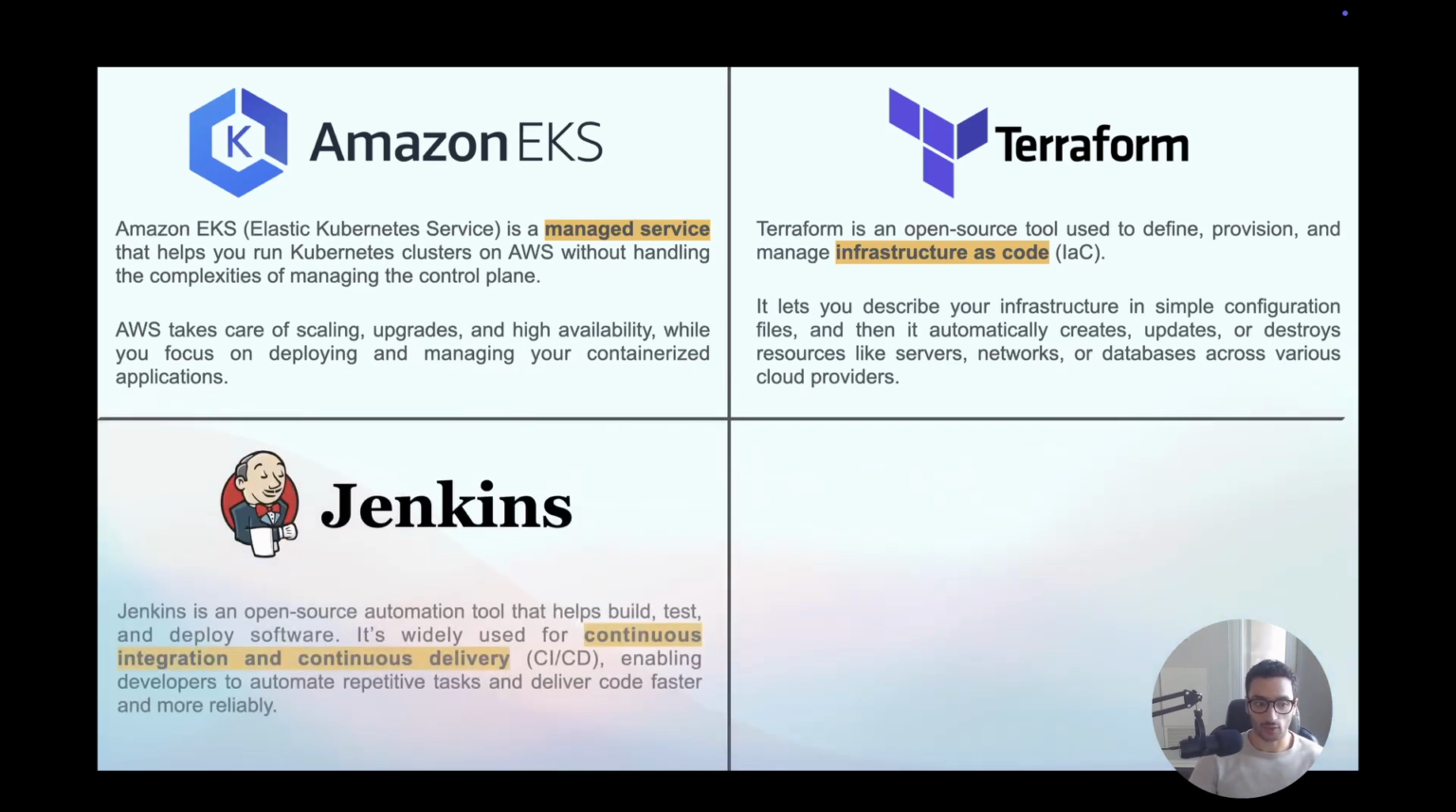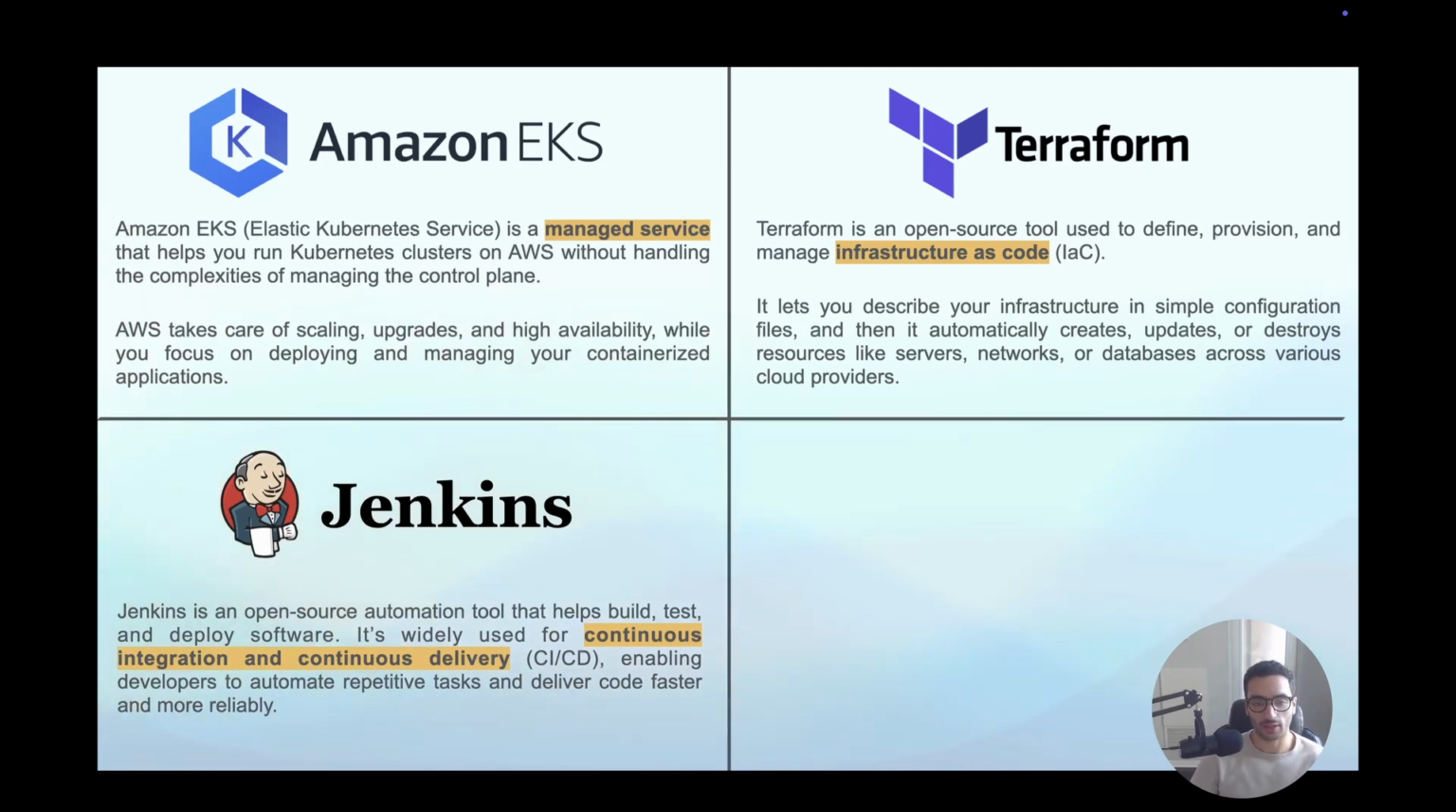We have Jenkins, which is another open source automation tool that helps build, test, and deploy software, and it's used for continuous integration and continuous delivery. We will create a CI/CD pipeline with Jenkins to create the Terraform resources and to publish